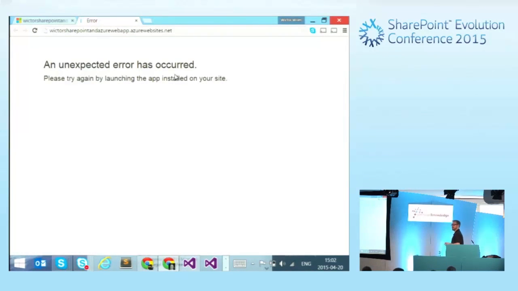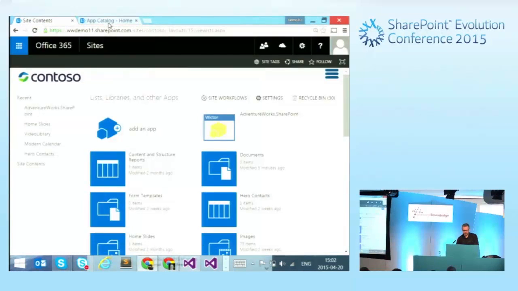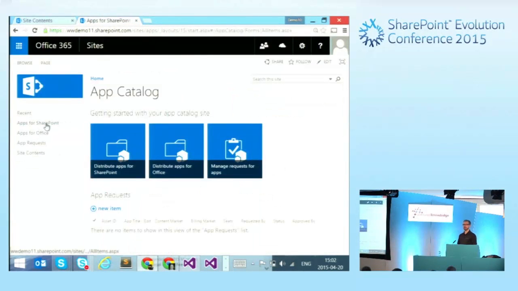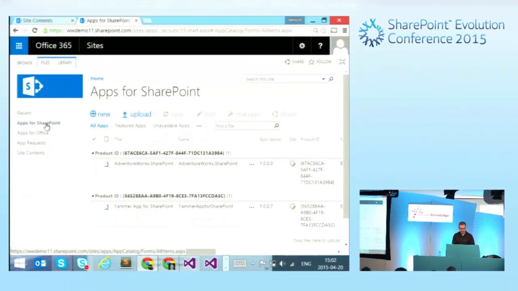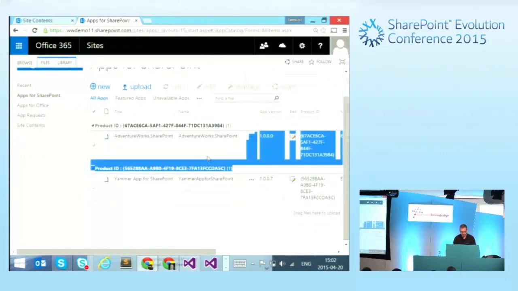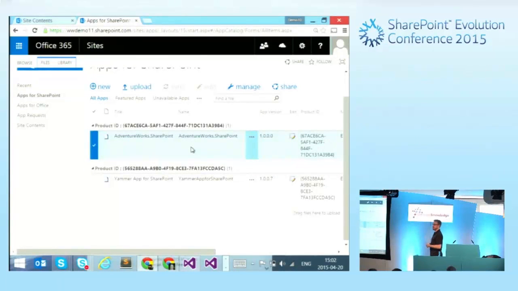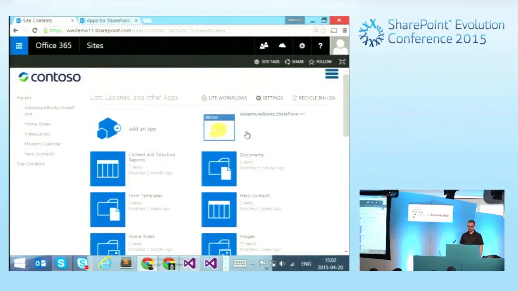And we get an error. That was expected, because I was retrieving the index view, which had that SharePoint controller attribute on, so I need to be authenticated. To fast forward a bit, I actually already published this app in the app catalog within my company. It's called AdventureWorks here, but that's my app. I published it in our corporate app store, so now anyone within our company can install this app into the site collection. And we have done that in this site collection. Now when I click on this one,